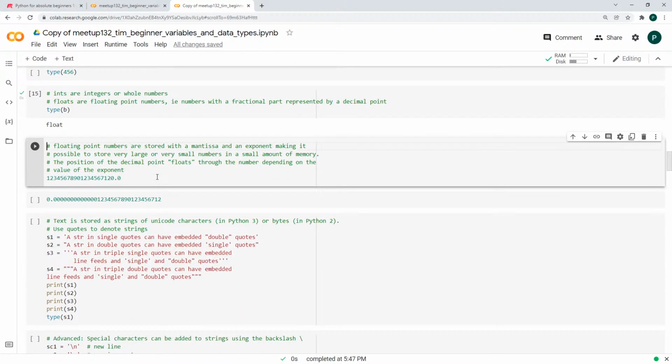All right, so a floating point number has a mantissa and an exponent. It makes it possible to store very large and very small numbers in a small amount of memory. And the reason they're called floating point is because the decimal point floats through the number depending on the value